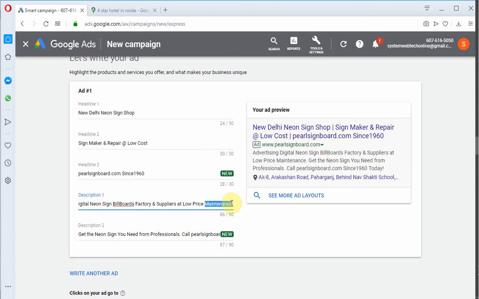So let me redesign it. Advertising, digital neon sign, billboards, at low cost, at low price, or you can also take the short forms, with maintenance and warranty, right? With maintenance, warranty,